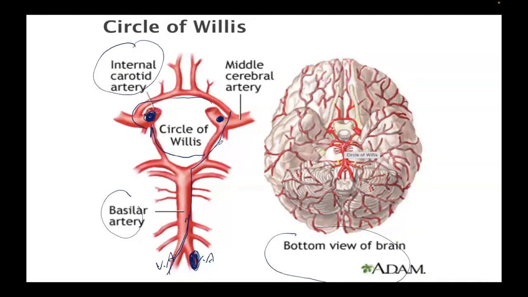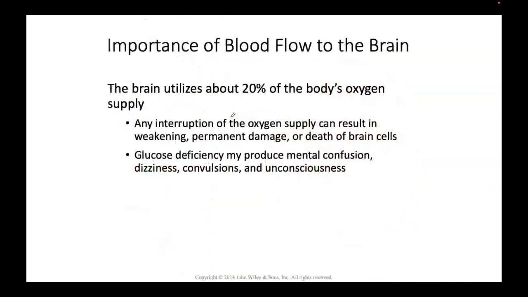Okay, but that's only helpful if it's a thrombus. If it's a thrombus or a blood clot, blood thinners come in handy. But if a stroke is a result of a dissected artery, like a ruptured artery, taking blood thinners can kill the person. Okay, so in terms of blood flow, the brain's going to utilize about 20% of the body's